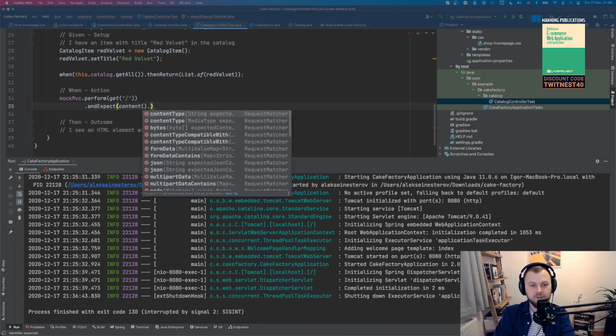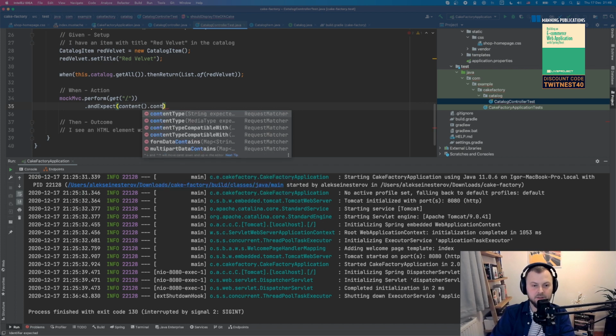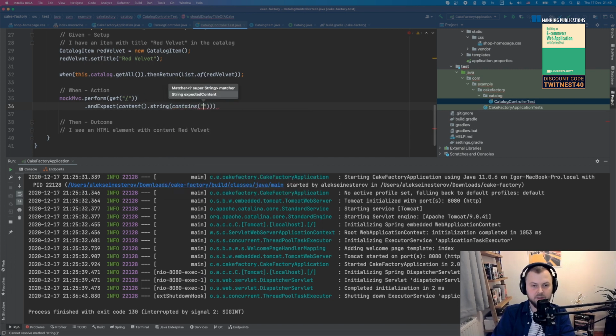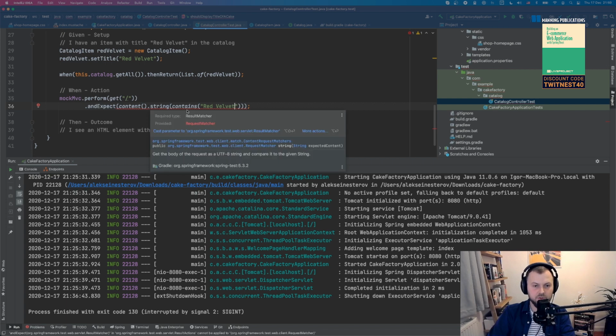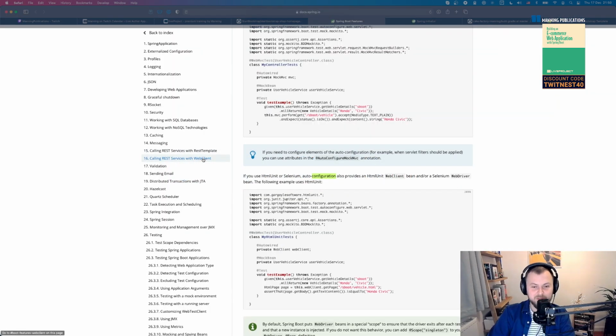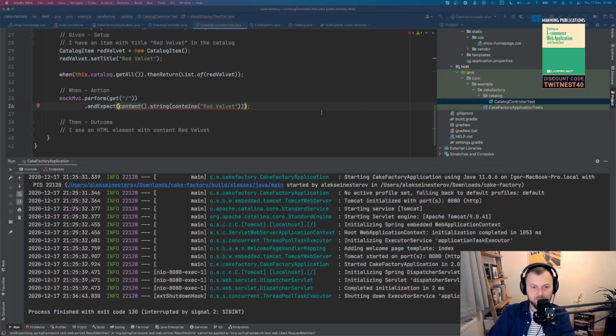Cool. So let's say content, and I expect it contains a string that contains a substring red velvet, right? So I'm probably doing something silly here. Request matcher. Yeah, what am I using? Result matcher. All right, let's go to the documentation and see how it's supposed to work. So we go to expect, status is okay, content string, blah, blah, blah.